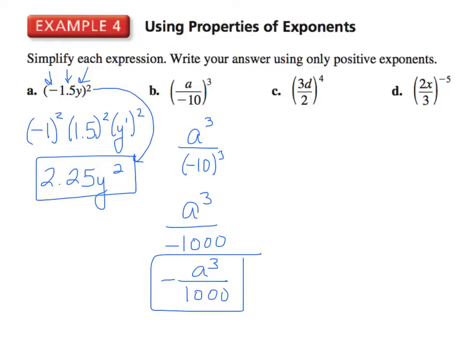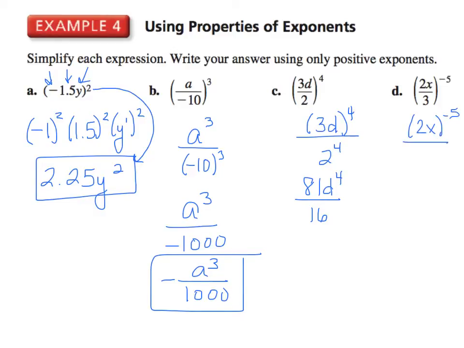C, (3d divided by 2) to the 4th power. That means I would get (3d) to the 4th power divided by 2 to the 4th power. That would give me 3 to the 4th power, which is 81, d to the 4th, divided by 2 to the 4th power, which is 16. Now, can you simplify 81 and 16? You cannot. So to the D, I would take (negative 2x divided by 3) to the negative 5th power,